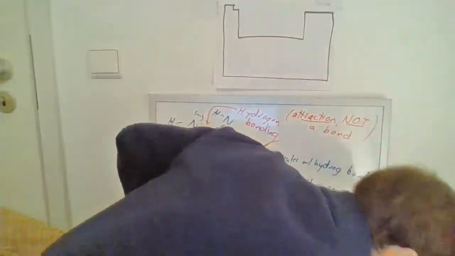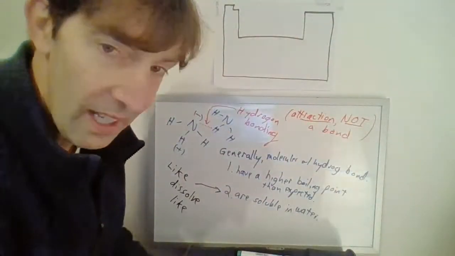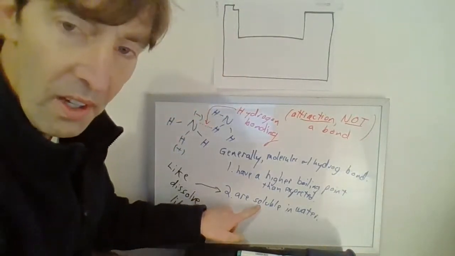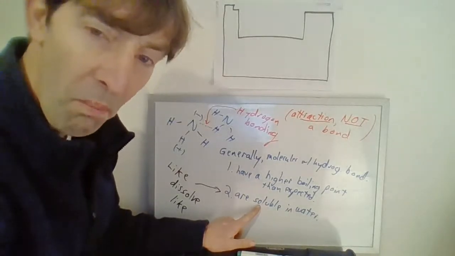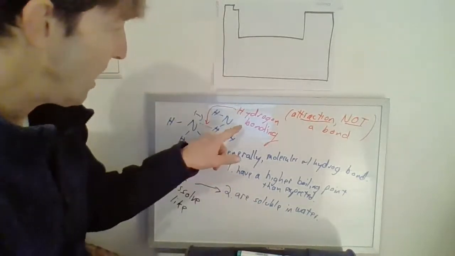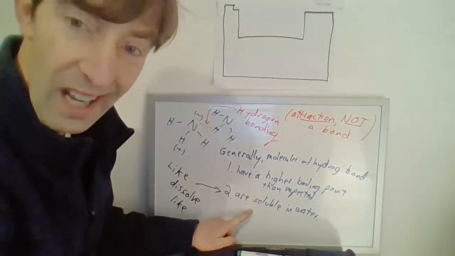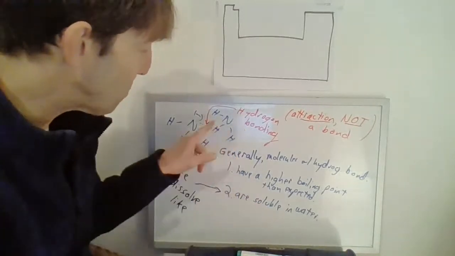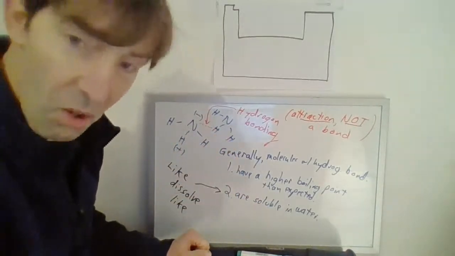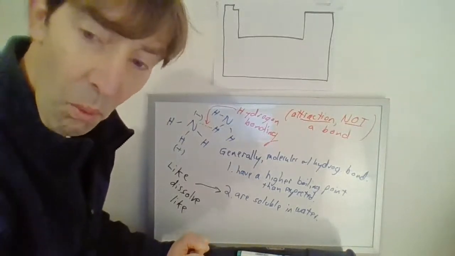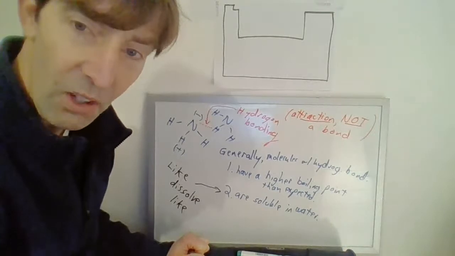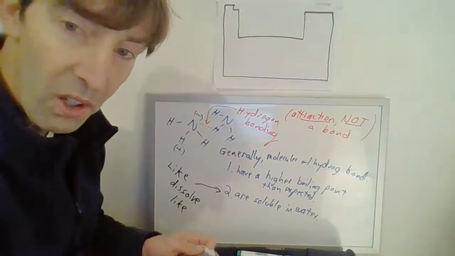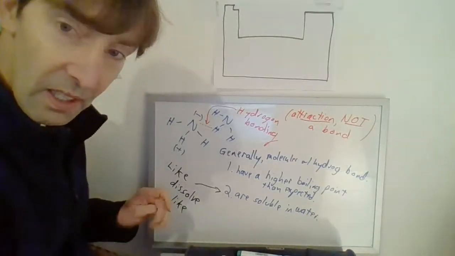Okay, so what does it mean if something's soluble? What does this look like? That's what I want to look at with you now. Soluble means one dissolves in the other. We said last time that oil and water don't mix. Why? Because water has hydrogen bonding. Oil does not. Oil doesn't have anything except for London dispersion forces, and the hydrogen bonding between the waters is much stronger, so they don't mix. The water stays with water. The waters like other waters better than they like oil. So if you shake up a container of oil and water, it will separate, and the waters all like each other and they get together, because of hydrogen bonding.